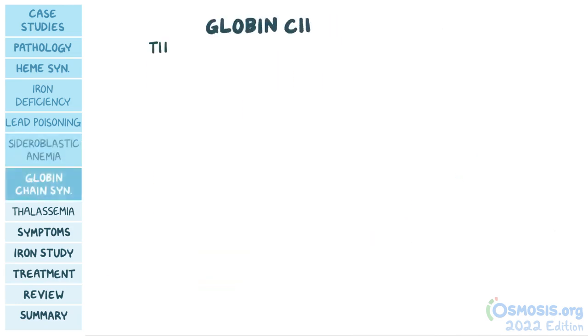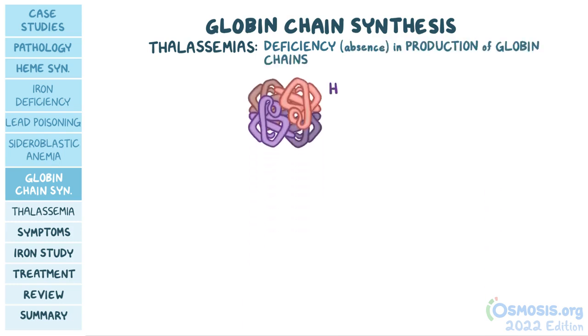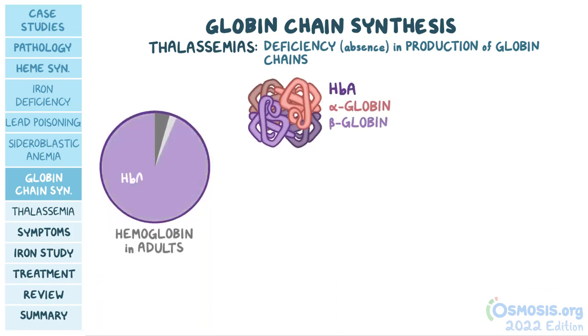Okay, moving on to thalassemias, where there's a deficiency or absence in the production of the globin chains of hemoglobin. Hemoglobin A, or HbA, made up of 2 alpha globin and 2 beta globin peptide chains, makes up approximately 97% of the total hemoglobin in